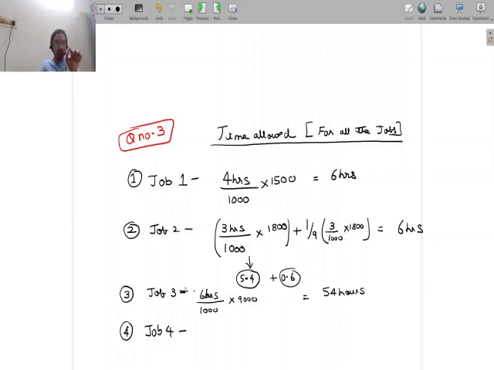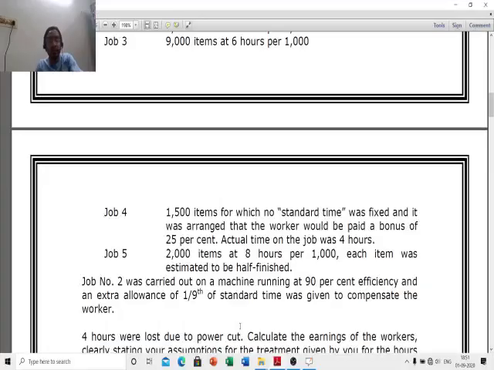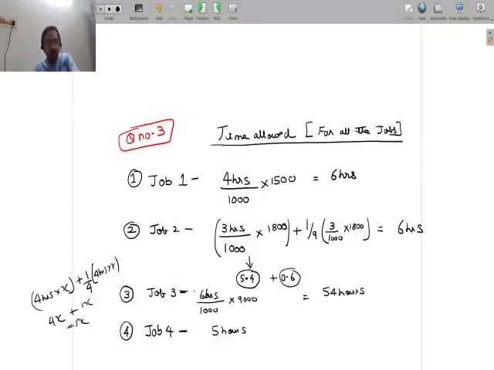Basically, 4 hours is the time taken. What is 25% bonus? Whatever you get for 4 hours, 1/4 of that will be given to you extra. So 4 hours, let's say some rate is there, okay? 4 hours into X. Now, what they are saying, 4 hours into X plus 1/4 of 4 hours into X will give you 4X plus 1X. So they're saying 5X. Basically, they are willing to pay you for 5 hours. So we'll directly write 5 hours here. So whenever you don't have standard time, you can treat it like that. Now let's look at job 5.